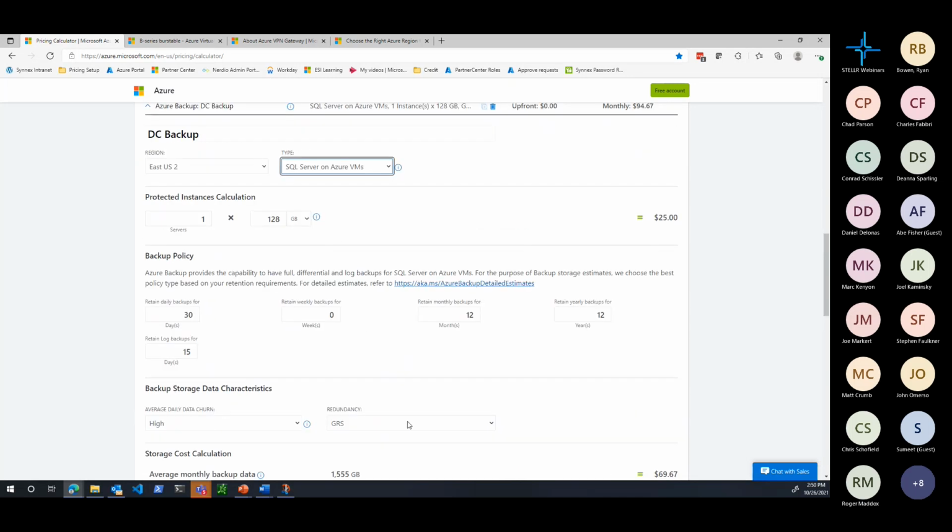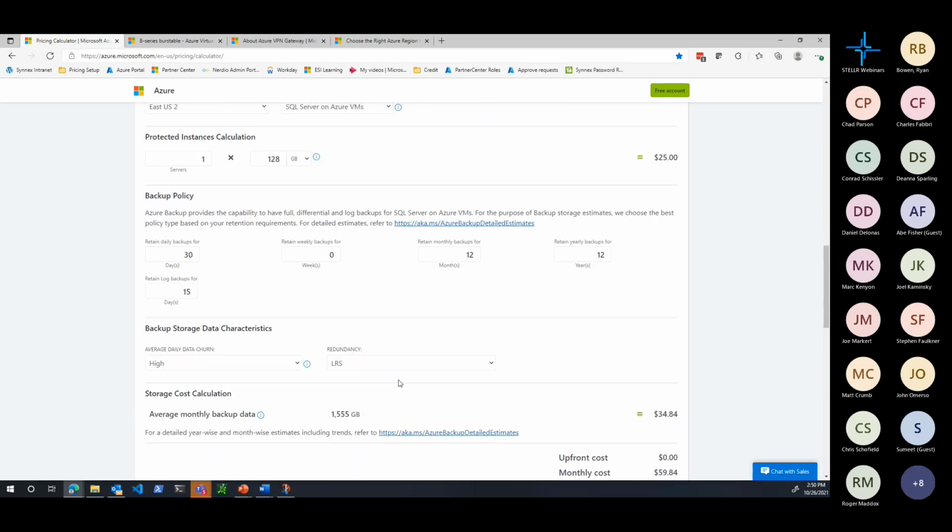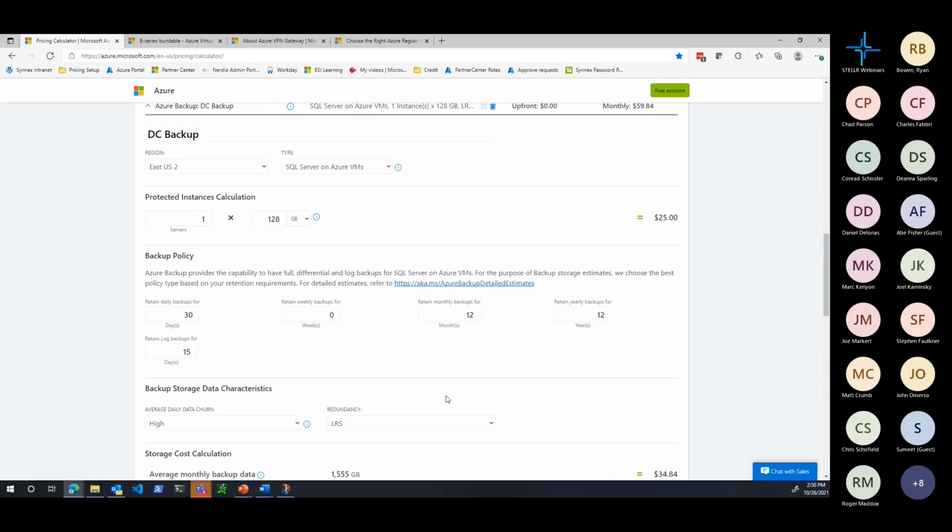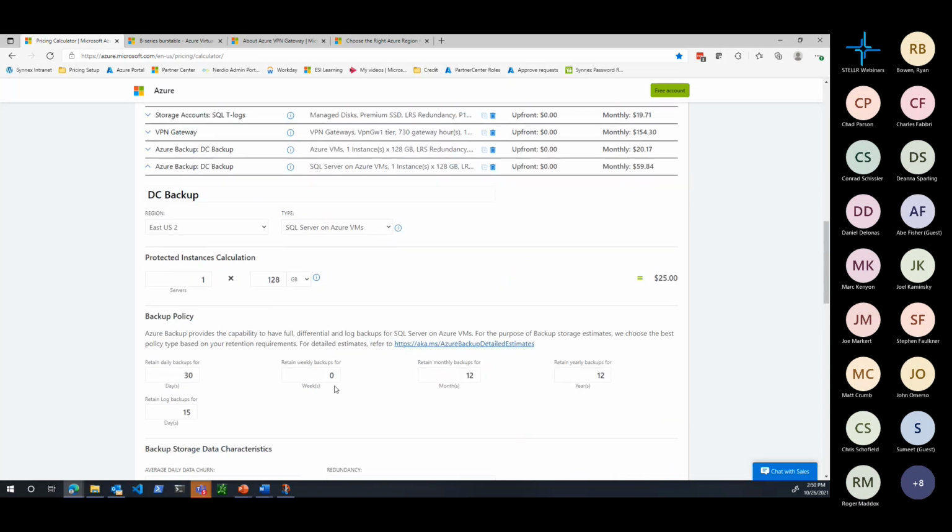It's a high churn. You might want to do GRS, maybe stay LRS. But again, average monthly, it's expecting 1,555 gigs of data to store. And so based on this retention policy, retain log backups for 15 days. In this case, we want to keep 2 years. And so that's how we can kind of do